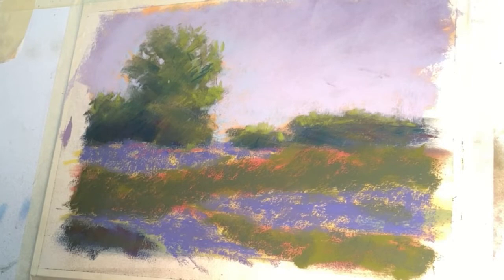Okay, the idea is to put the dark down first and then put the lights on top of it. And the grass has a lot of orange in it. Oranges and yellows. And so,